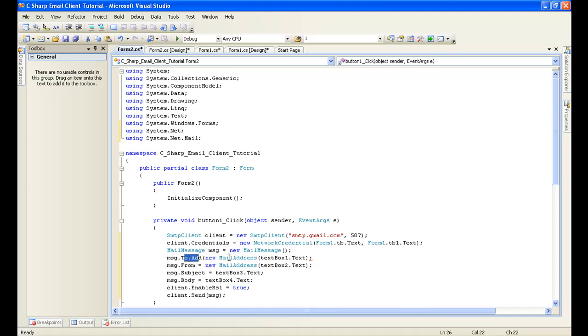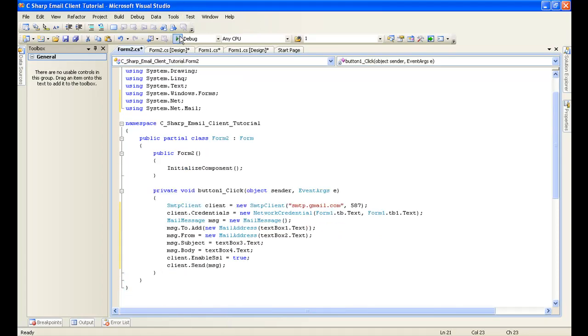Message.To reads text box 1, and message.From uses text box 2. Oh, and sorry, make sure you add double parentheses there. And then message.Subject reads text box 3, and message.Body reads text box 4. Enable SSL is just a secure thing for Gmail, and then that's just telling it to send it. So if we hit debug here,